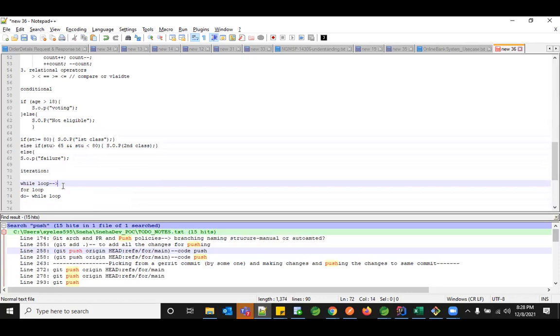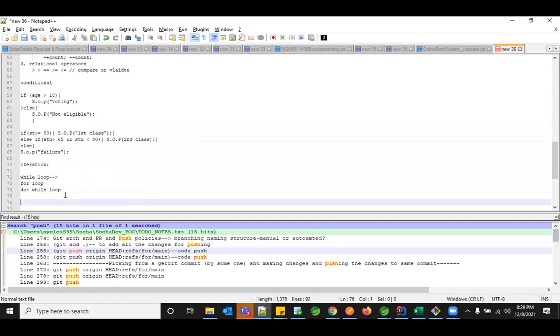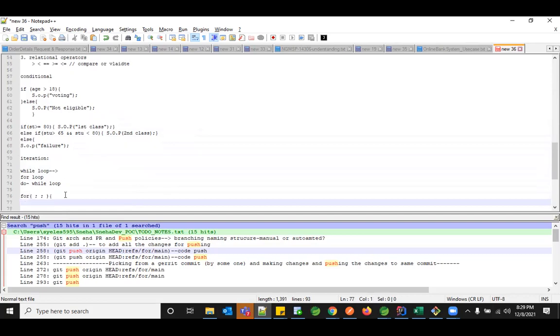First, let us experience the syntax of the while loop, for loop, and the do while loop, so that you can understand how to write some kind of code within that. Okay, so first, let's go with the for loop, because that can help you understand the other two more easily. The for loop starts with the for keyword, followed by a bracket with 3 conditions separated by semicolons. Okay, and you have an open parenthesis and close parenthesis.